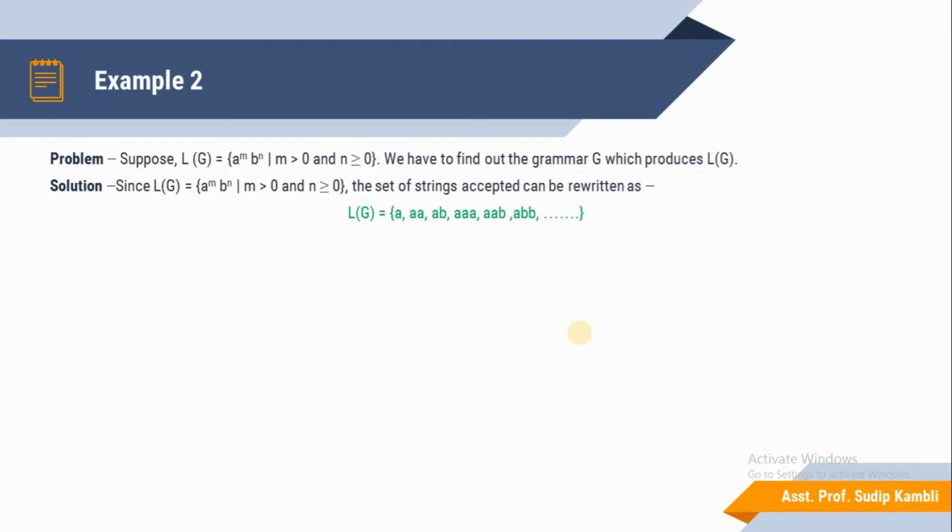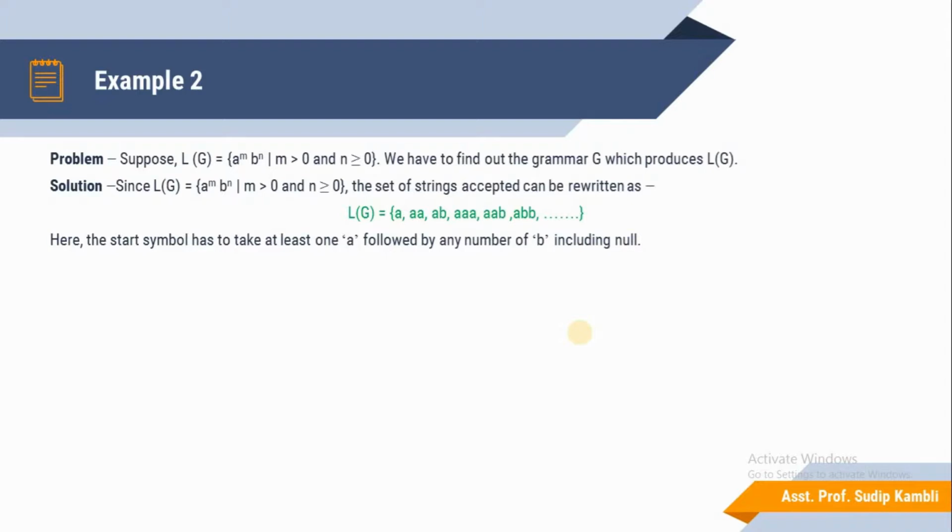So the string set for a raised to m, b raised to n is: A, AA, AB accepted, AAA, AAB accepted, and a single A with BB accepted, because a raised to 1 is a single A and b raised to 2 means double B. And so on, infinite types of strings will be accepted here.